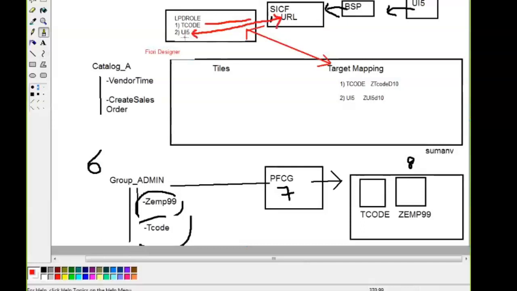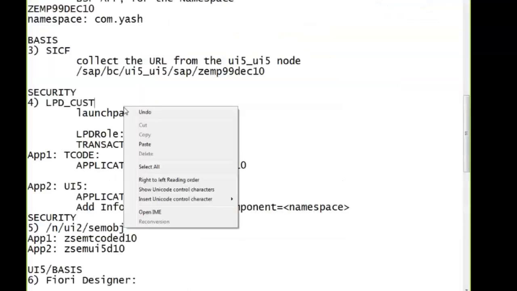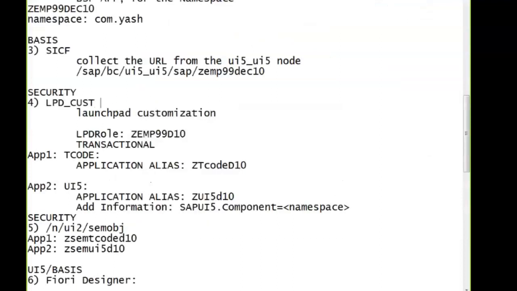If you remember, in the UI5 application, we have copied the URL from the SICF. Okay. So to this target mapping, you have to define all the application aliases which contain the link to the LPD custom role. So LPD, Launchpad customization, links between the ECC and the target mapping. So let us take that. LPD custom links between ECC and the target mapping.